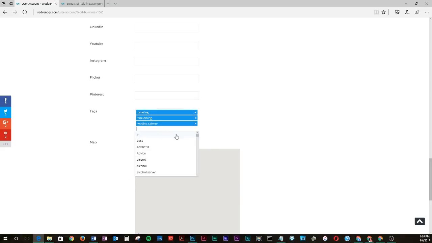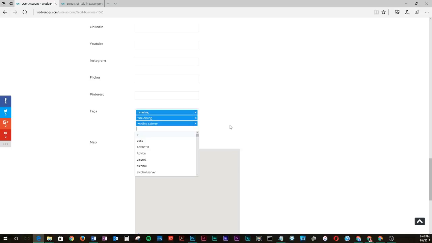And then we have tags as another major thing that you want to make sure that you fill out. Tags are the keywords that you think people will be searching for on that home page or any other search bar on the site. You can have as many tags as you want, but I would limit it to a certain number, because you don't want people to find you by accident. Like if you're a caterer and you type in wedding photography, they're not going to pick you. They're probably going to be mad that you intruded upon this other category and sent them off their search,